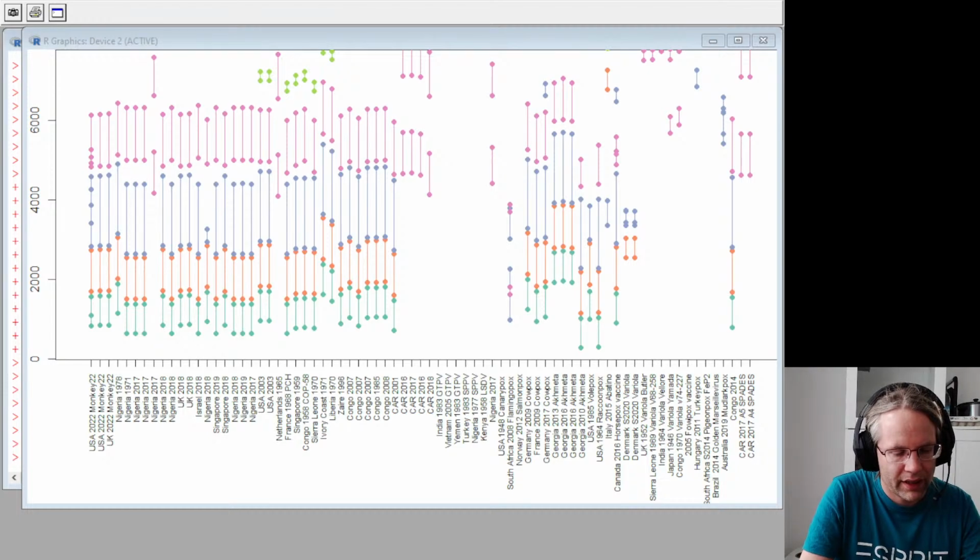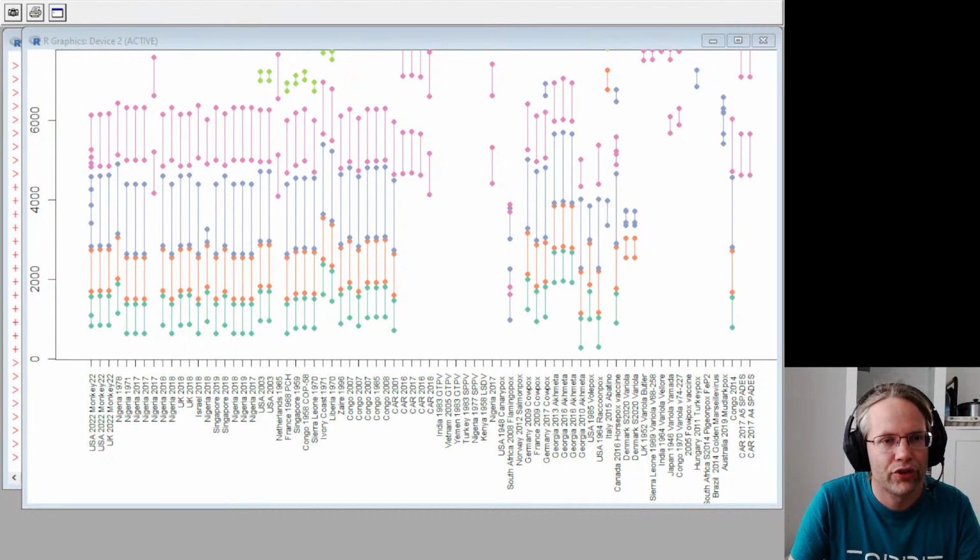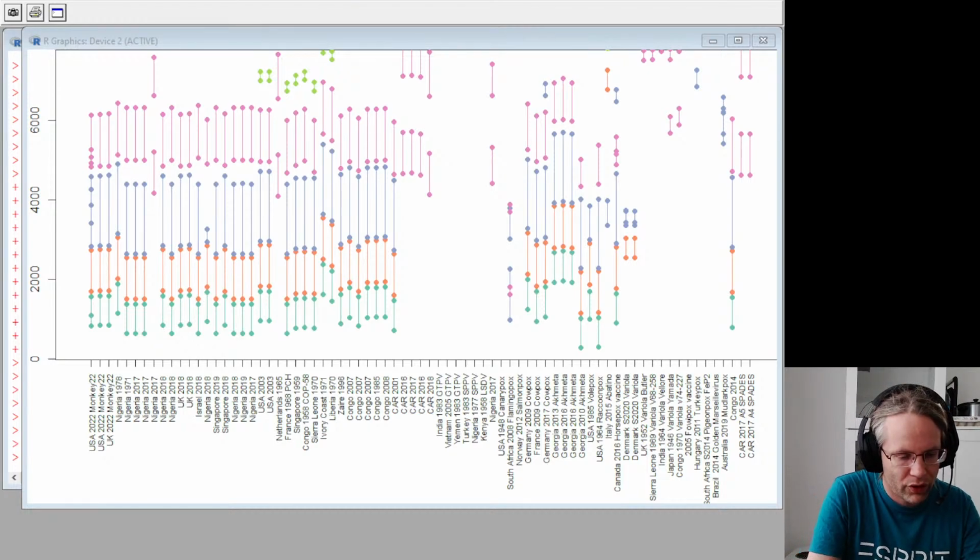Alright, git add r slash blastdb.r, git commit -m blastdb.r. Git add r slash, I think I already pushed the annotation, so we have query